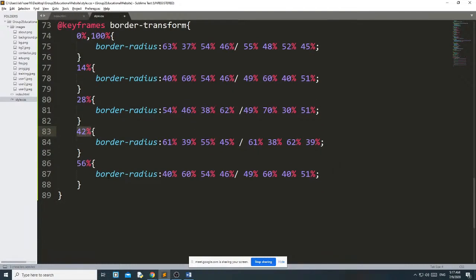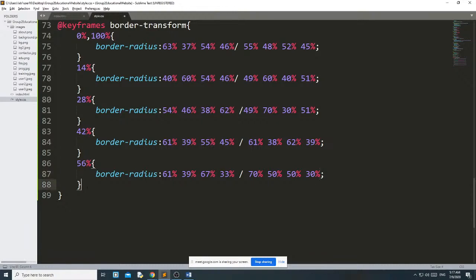When it reaches 56%, here I am changing the values: 61%, 39%, 67%, 33%, and then 70%, 50%, 50%, 30%.